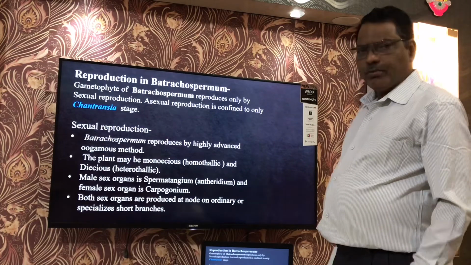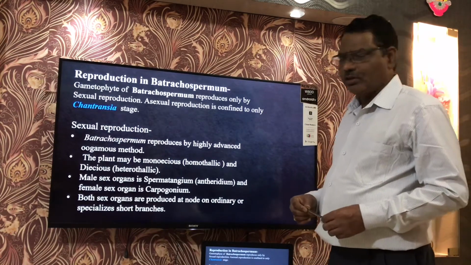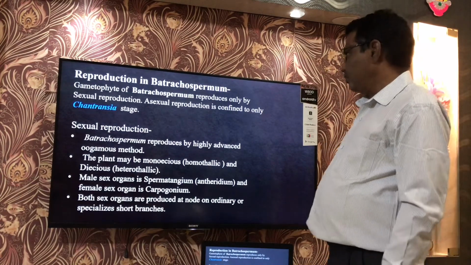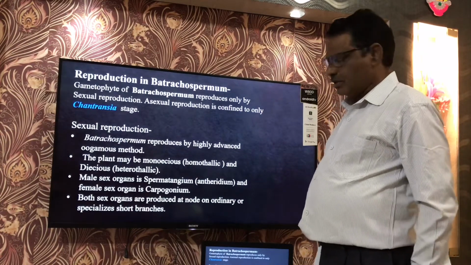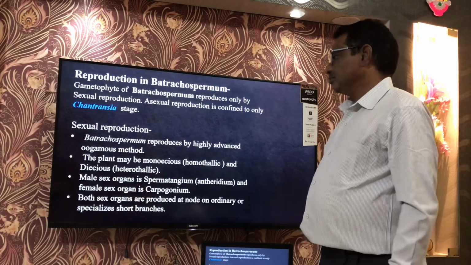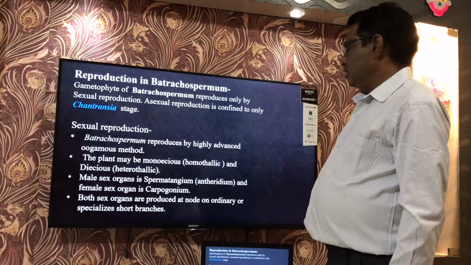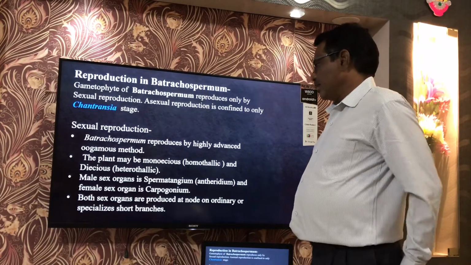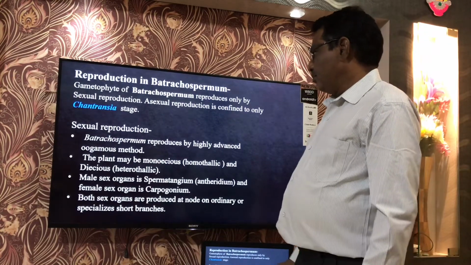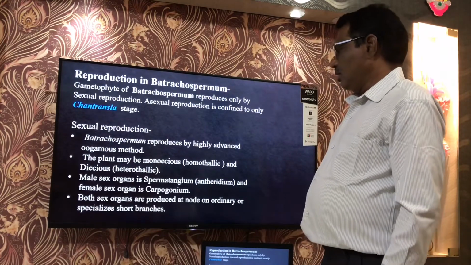The gametophyte of Batrachospermum reproduces only by sexual method, whereas asexual reproduction is confined only to Chantransia stage, which is a new stage in the life cycle of this red alga. So first, sexual reproduction. This red alga Batrachospermum reproduces sexually by means of highly advanced oogamous type of reproduction, and